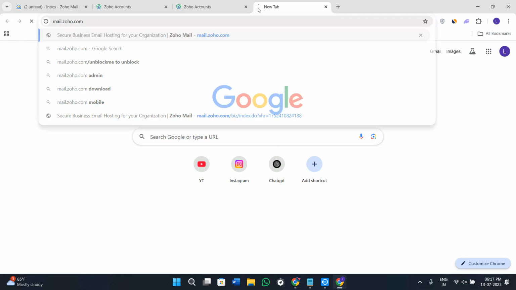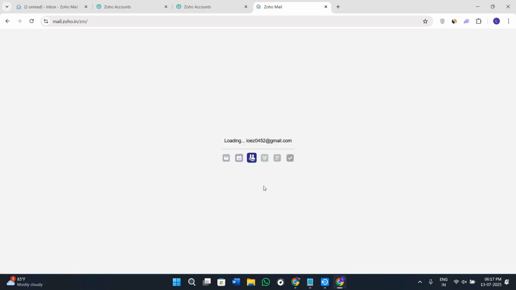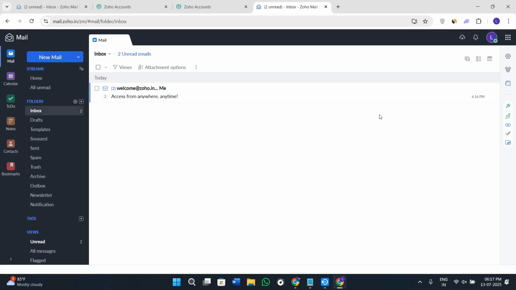Over here in the search bar, you need to search for mail.zoho.com. Now, if you have successfully logged in over here, you will see your profile icon in the top right hand corner and this tab of Access Zoho Mail. So you need to just click on it and you will be landed inside the dashboard of your Zoho Mail